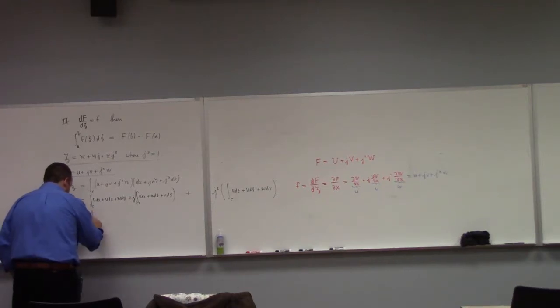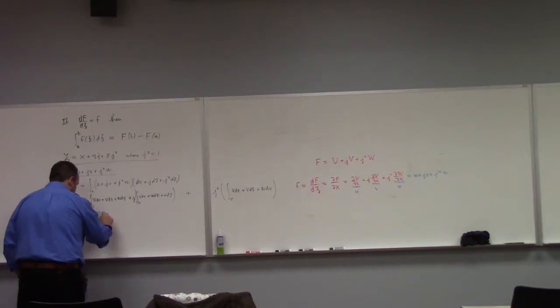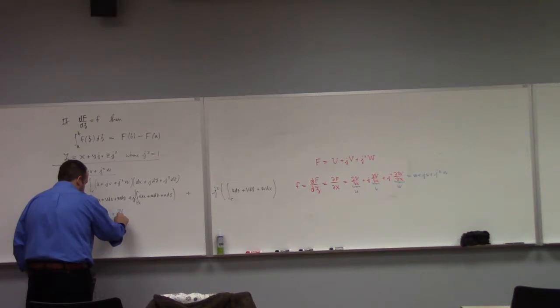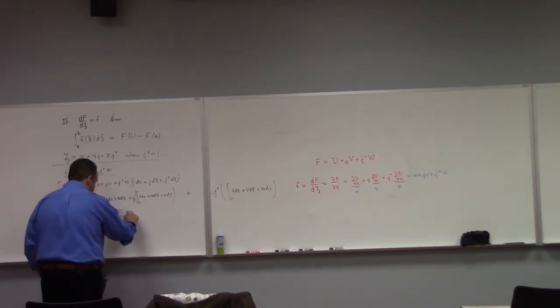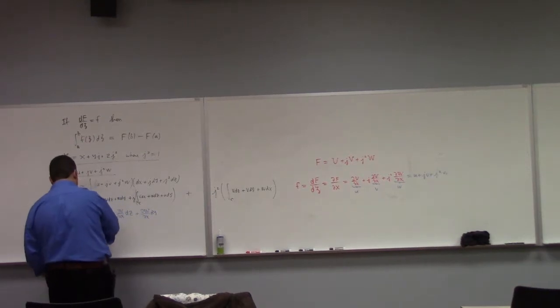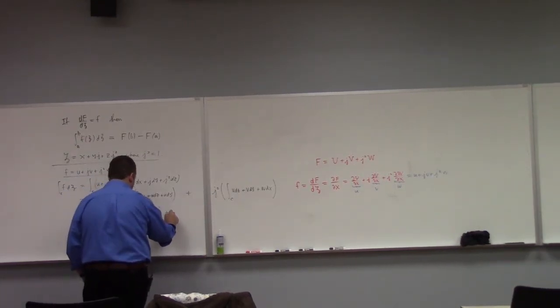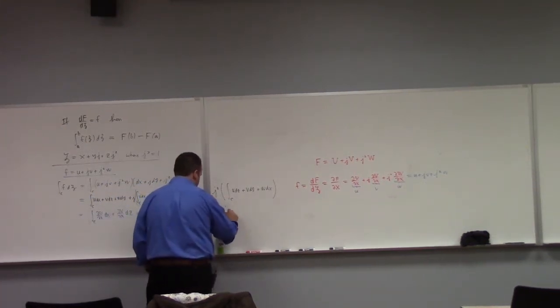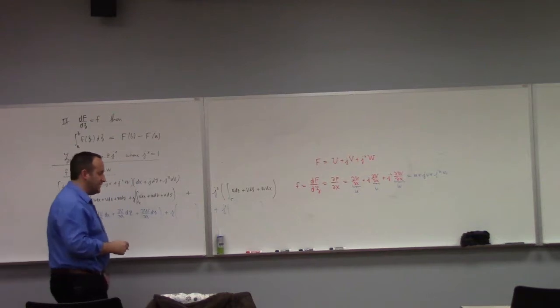So this is like the integral over C of partial U, partial x, dx, plus partial V, partial x, dz, plus partial W, partial x, dy, and so forth. You get the idea? I don't think you need me to write it all out right now.